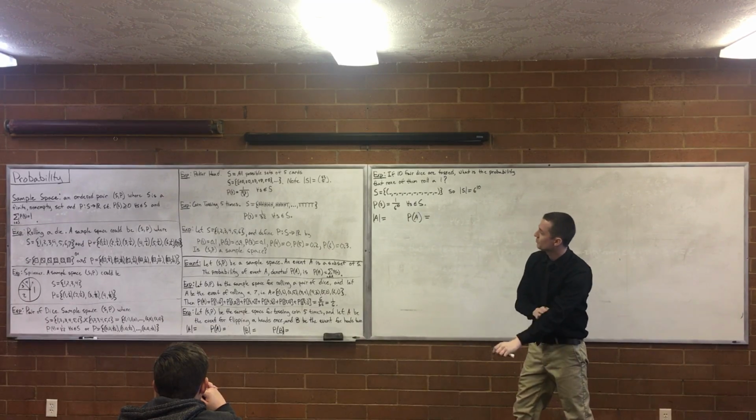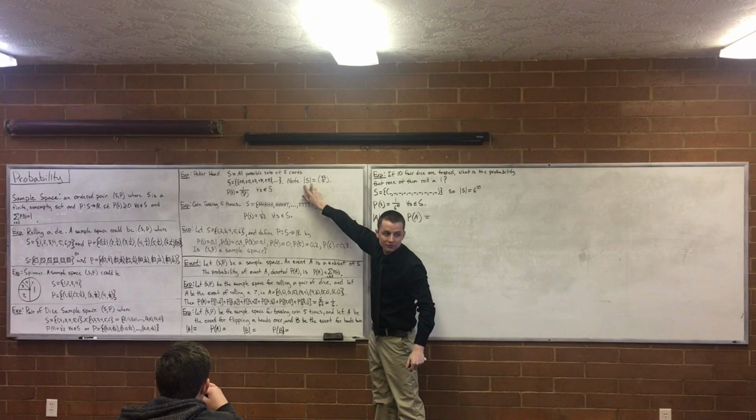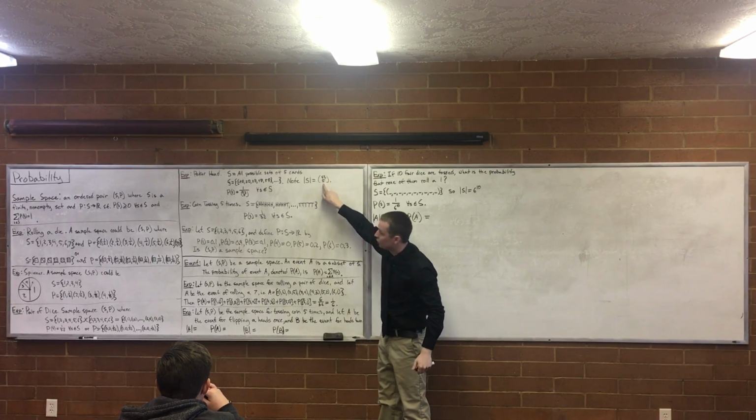That's okay. Alright, what's important is the size of S. How big is S? It's 52 choose 5. It's the set of all possible